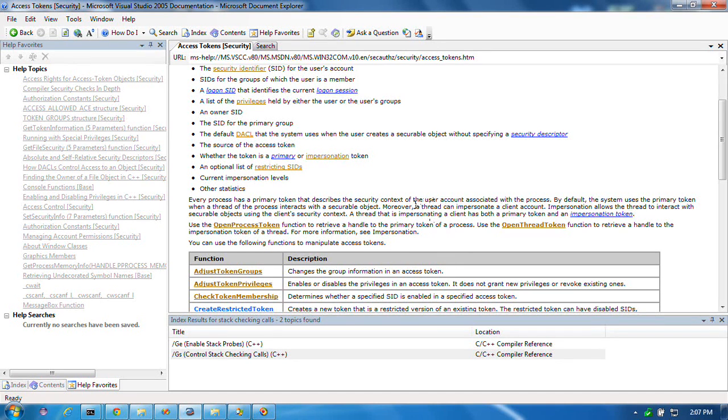Now, I still don't really understand what that says, but I understood it at the time as meaning open thread token requires you to impersonate someone or something to succeed. So anyway,